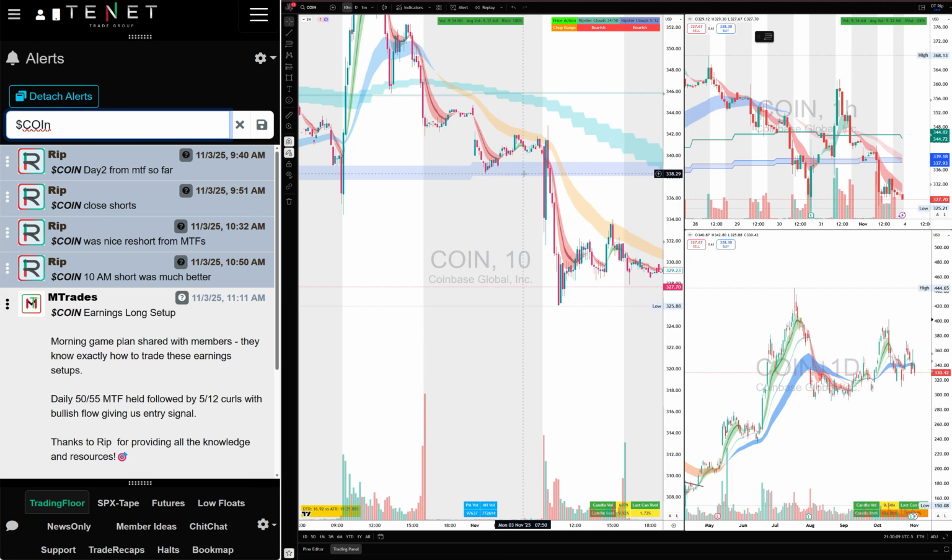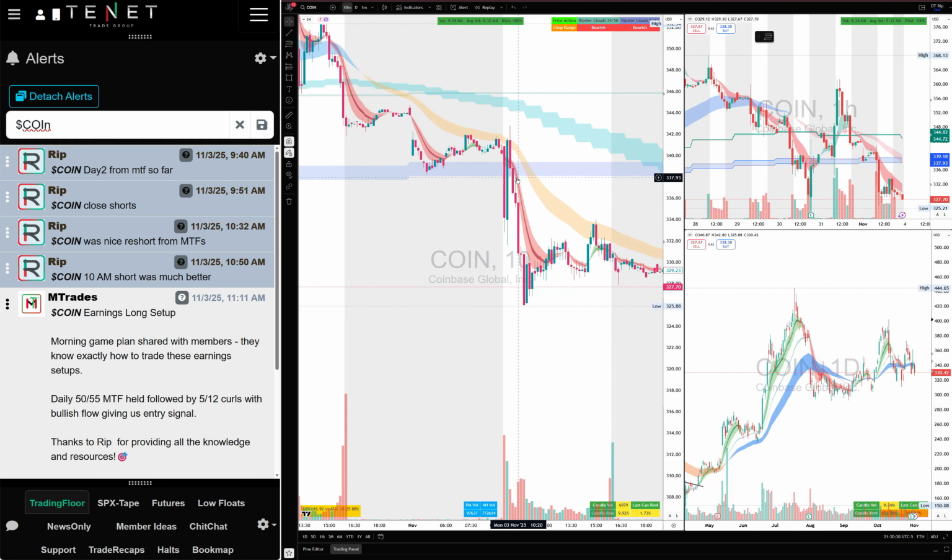You reshort it under 338 as per the plan. And remember, it was a 10 a.m. concept. The 10 a.m. concept is important. A lot of these setups came at 10 a.m., like IREN came at 10 a.m., and this COIN gave you 10 a.m. So wait for that. If your initial morning setup is not working, get out, take a small loss, and wait for the second setup. Once it broke the Ripster 55 MTF, it flushed almost $12-13 per share profit. That's how you trade it with the MTF clouds when you're trading these earnings setups.